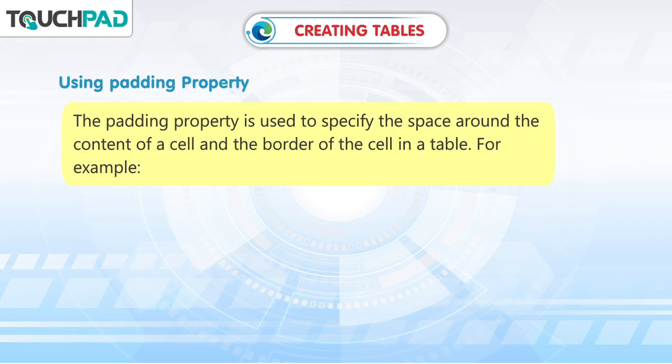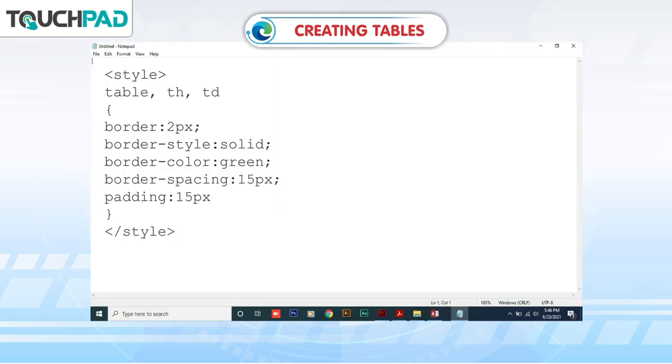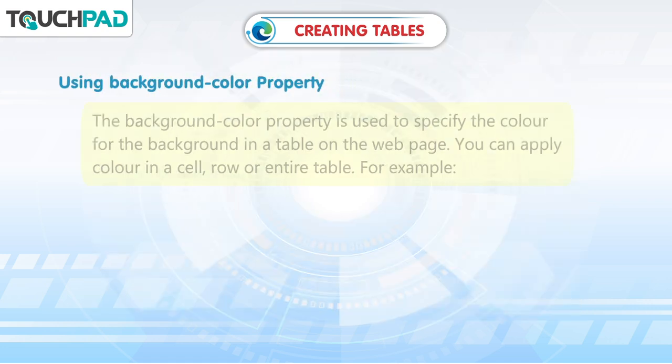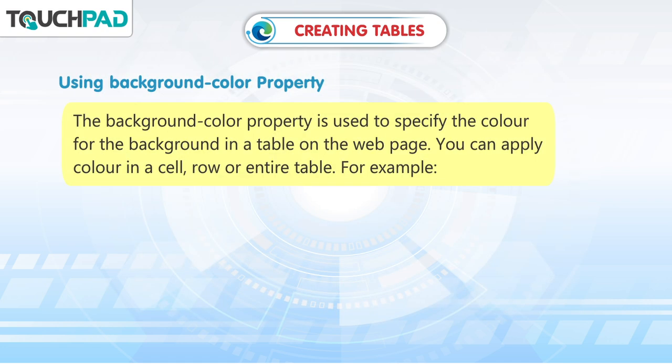Using padding property. The padding property is used to specify the space around the content of a cell and the border of the cell in a table. For example, using background color property. The background color property is used to specify the color for the background in a table on the web page. You can apply color in a cell, row, or entire table. For example,